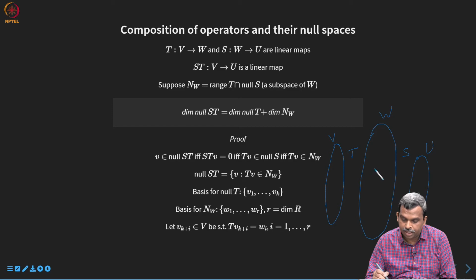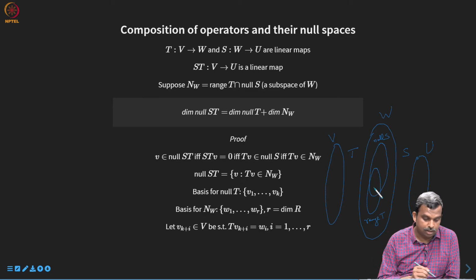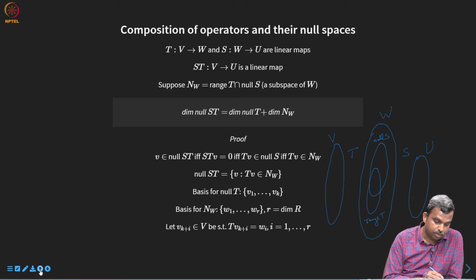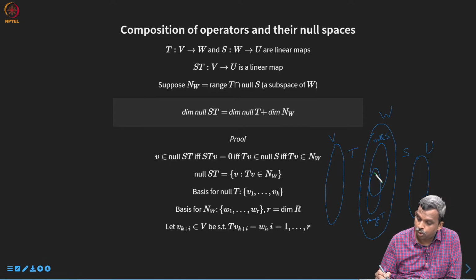There is this range of T and let us say there is this null of S, okay. And then you have this nice little intersection here, which maybe I will draw in some green, this is NW,